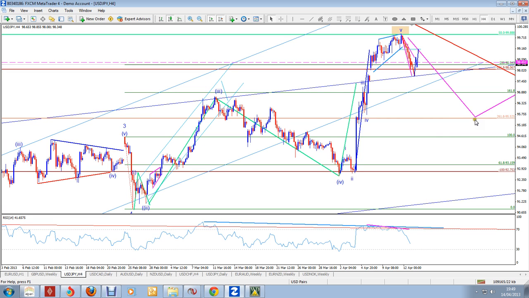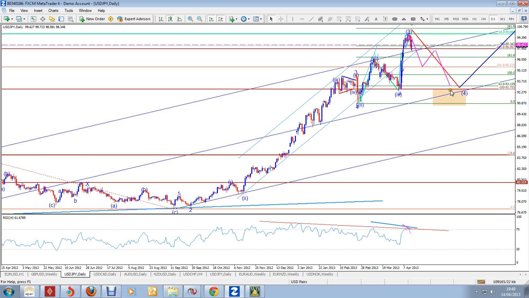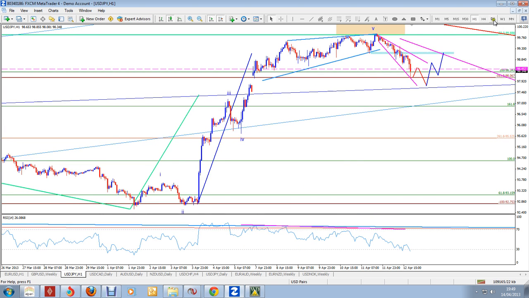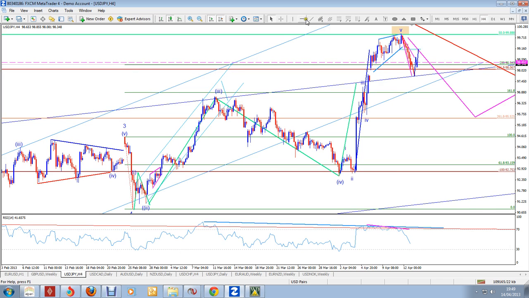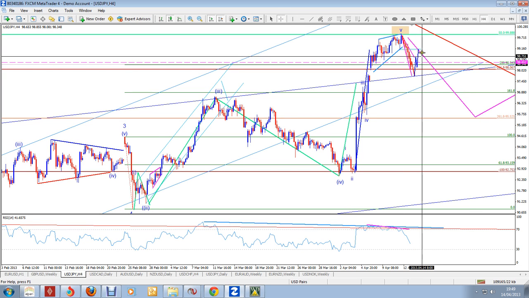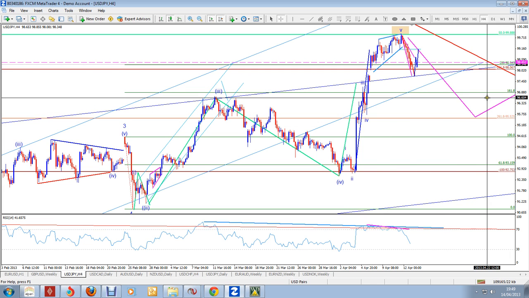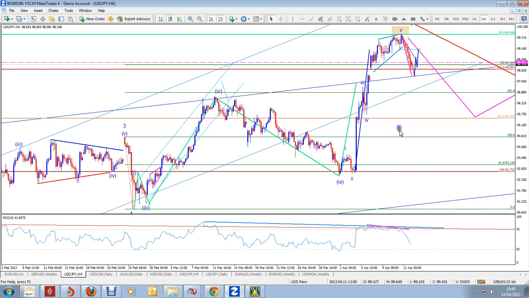It will be coming back to this sort of area here. No, sorry, around this sort of area here. So in fact, once it does, we might even get a 5 wave to the downside. So what I mean by that is you might get 1, 2, 3, 4 and 5 to give us wave A, then an ABC retracement, and then another 5 wave down. So next one should be wave 3,